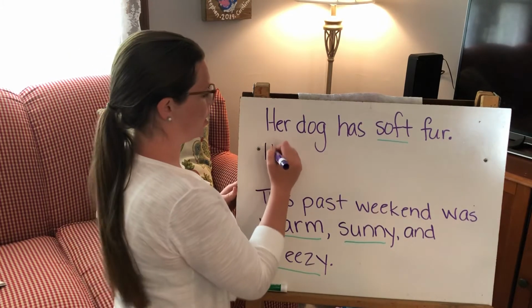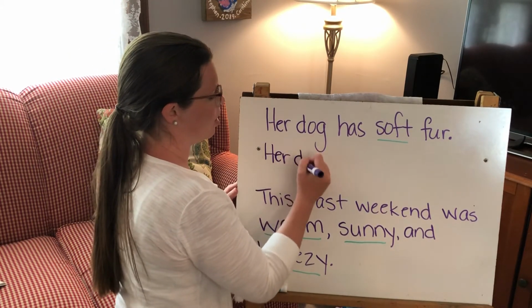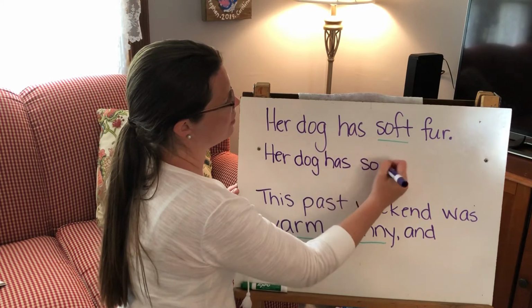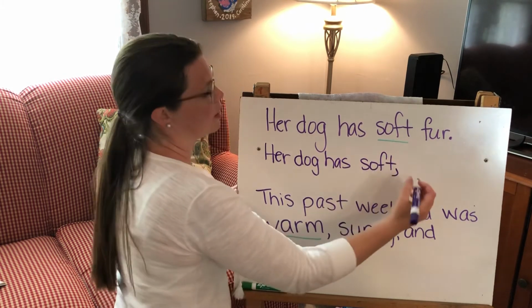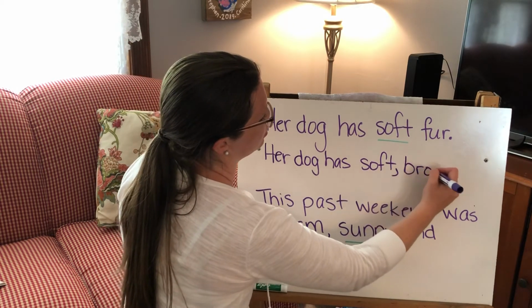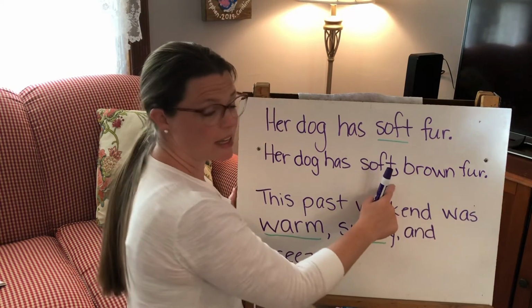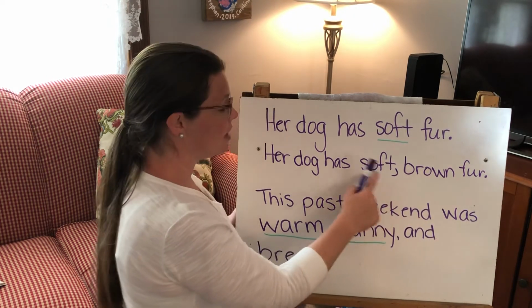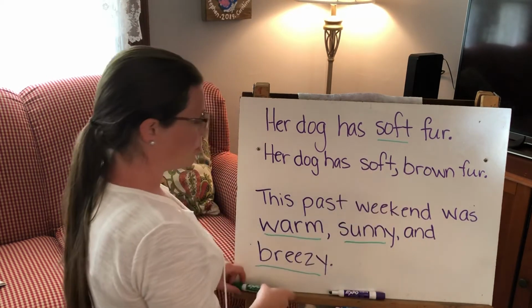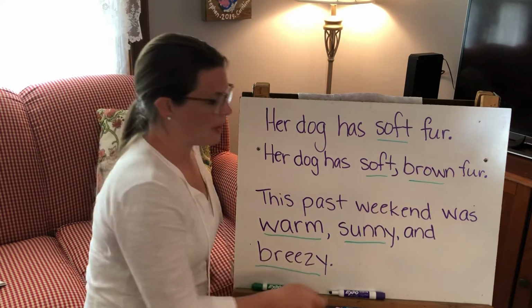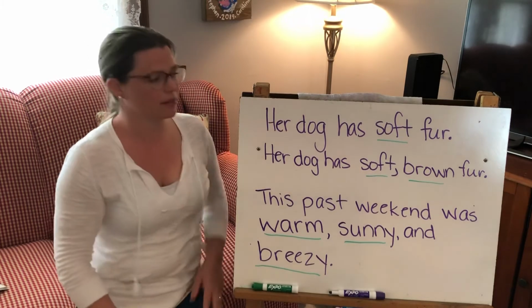I'm going to write her dog has soft, brown fur. Do you see that I put a comma in there in between soft and brown, which are my 2 adjectives? Okay,